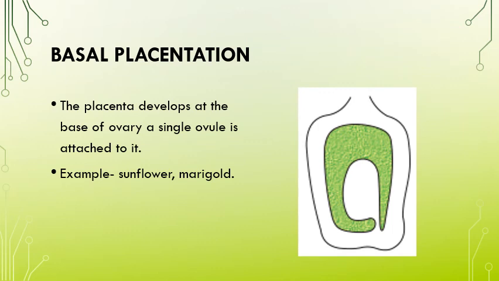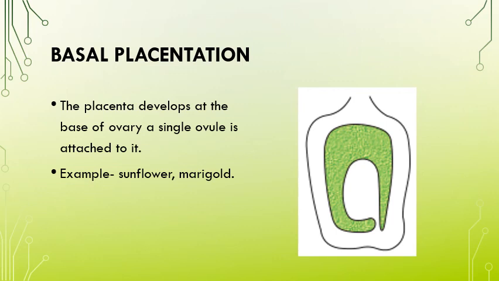Please copy all the contents of the PPT in your biology classwork copy along with the diagrams and learn the examples. They are very important. Sometimes the question comes, name the placentation of tomato. So you have to write axial placentation. Name the placentation of dianthus. In this way the example is given and you have to mention the name of the placentation.